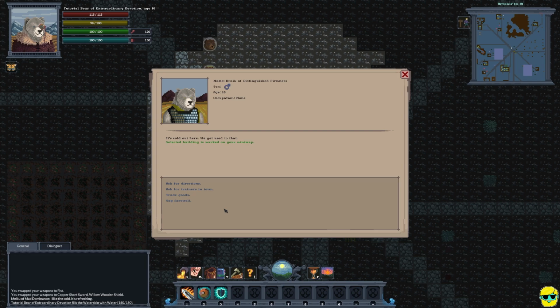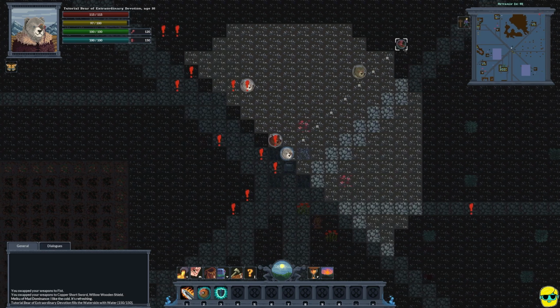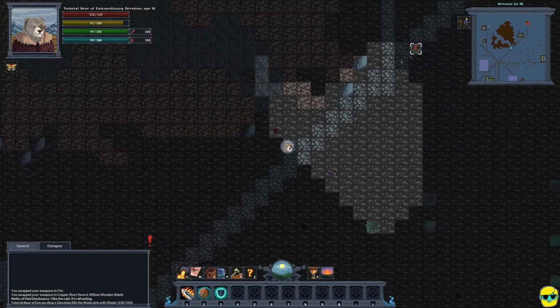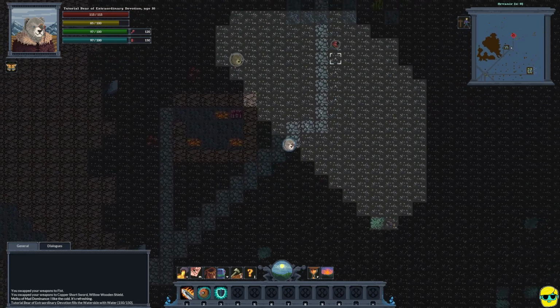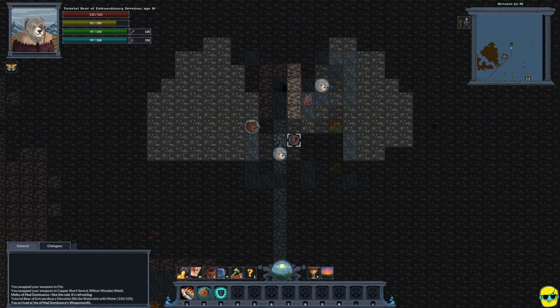And if I click on this, it says selected building is marked on your minimap in green in the center here. And if I close this dialog box, you can see that in the upper right of the minimap, there's a red ping. That's where the weaponsmith is. So all I have to do is click over that way and walk in that direction. And I'm getting closer. I'm just following the road. And I can go up here until we get to this area, and this is the weaponsmith